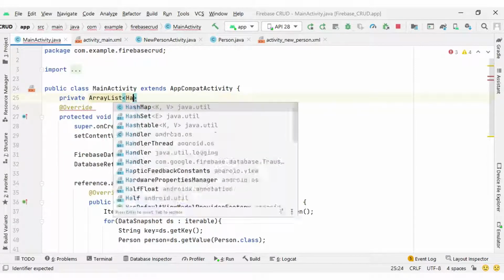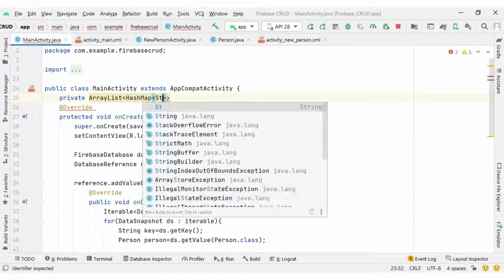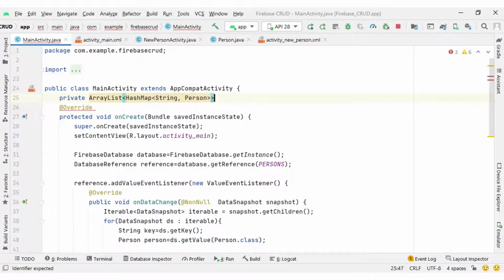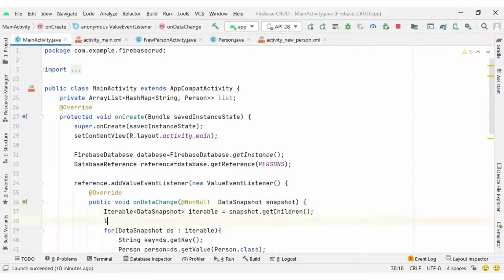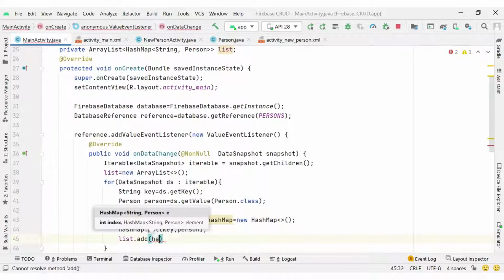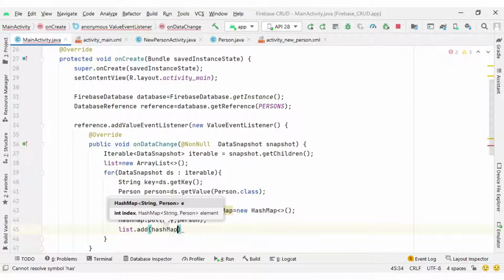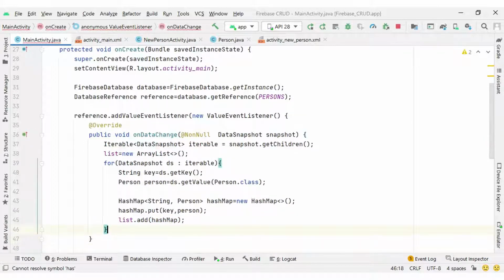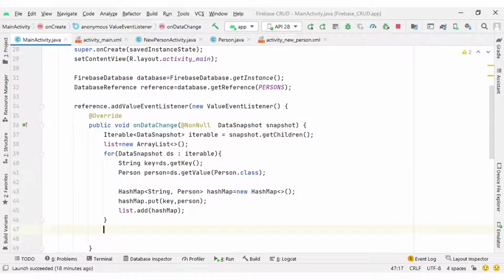Inside the ArrayList I will have the type HashMap of String, Person, and I will name it list. Before the loop I will create the list, and inside the loop I will add the HashMap. So at the end of the loop I will have an ArrayList ready with HashMaps, and inside each HashMap I will have the key value pair. This is how you can make a list of persons, and this list I will pass to my adapter.